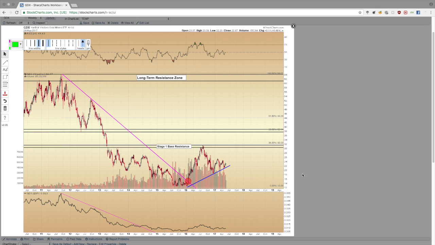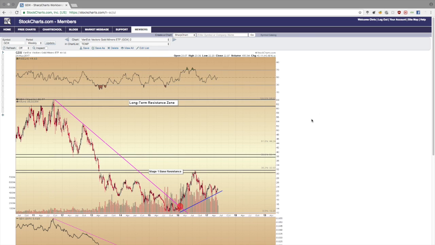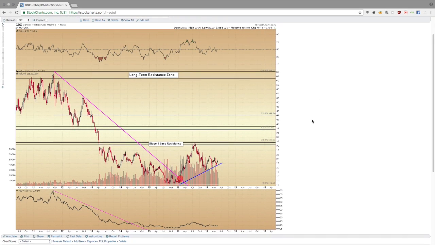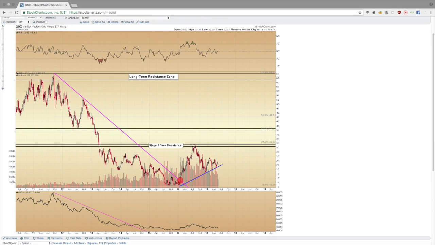Right now I wanted to make this video. Let's save that and close that so we could just look at it one more time. Here is the GDX from the peak to the trough, broken on the long-term trend line, impulsive move higher, volume picking up even as price has only fluctuated in this zone, initial rising trend here, working on a major resistance level.